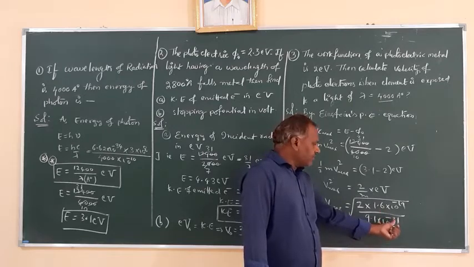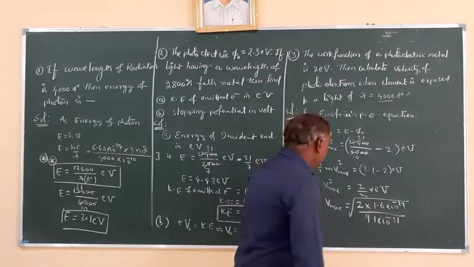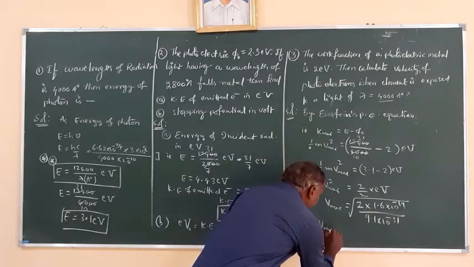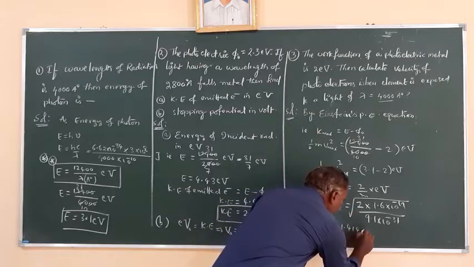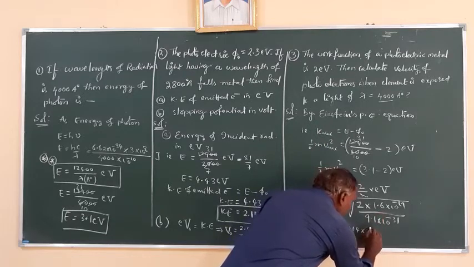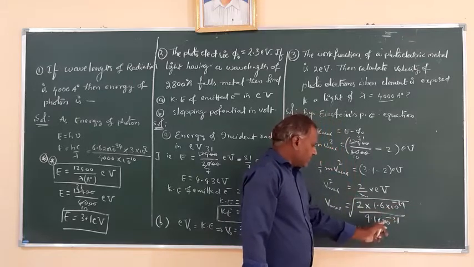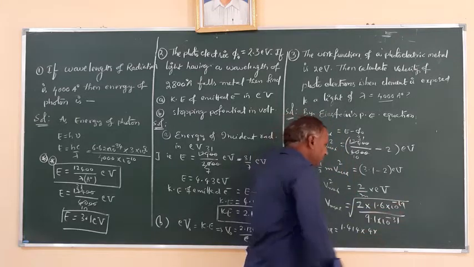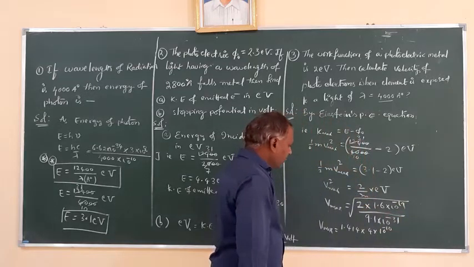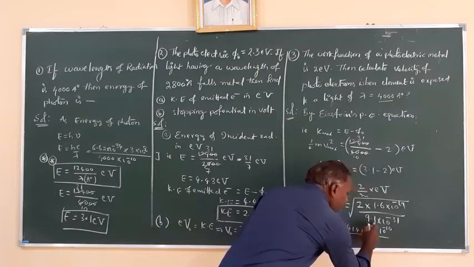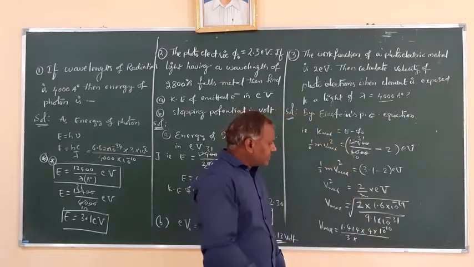So 10 into 10 means it will become 20, you can write minus 20. So just to calculate here, Vmax is equal to root of 1.2, you know it is 1.414, into 16. 16 is 4, and this will become 10 power 20. This will become 10 power 20 minus 20, that means you can write 10 power minus 10. 10 power minus 10 divided by 9, 9 means it is 3, and this is 10 power 31. So make this one to be 10 power 13.